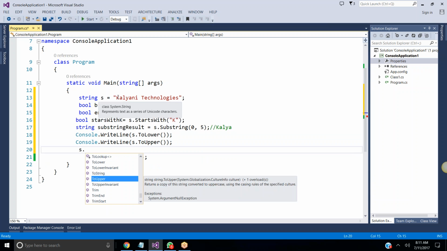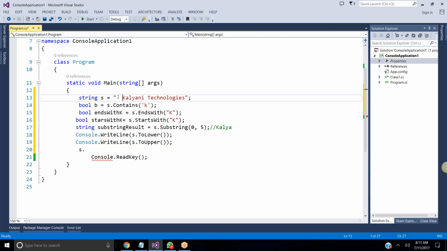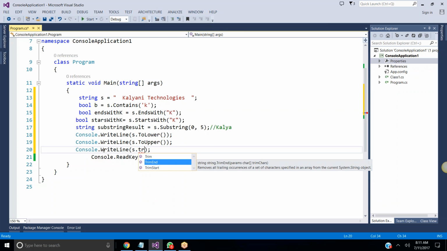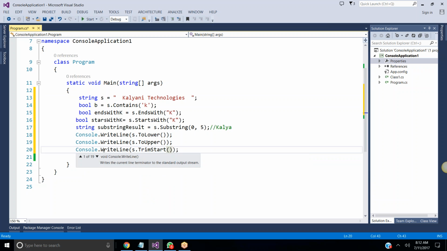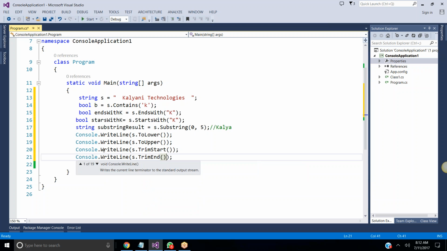See, when I'm taking like this, we have spaces, right? If you want to remove the spaces, we have Trim. s.TrimStart in the sense it will remove the space only at the starting place. Whenever you are using s.TrimEnd, it will remove only the spaces at the end, and we have the spaces at the start. Okay, does everyone understand?